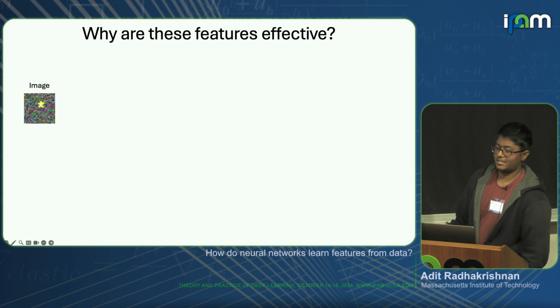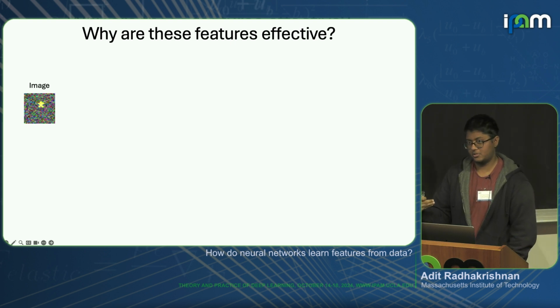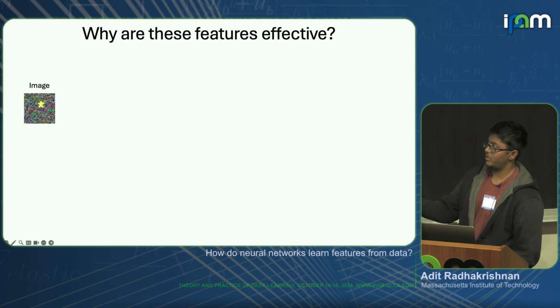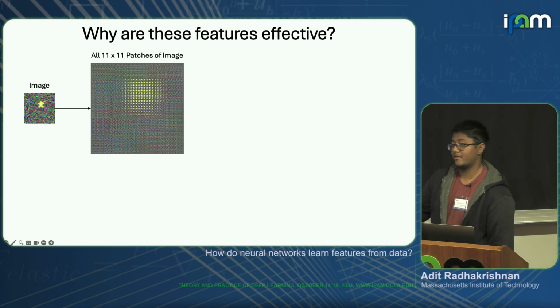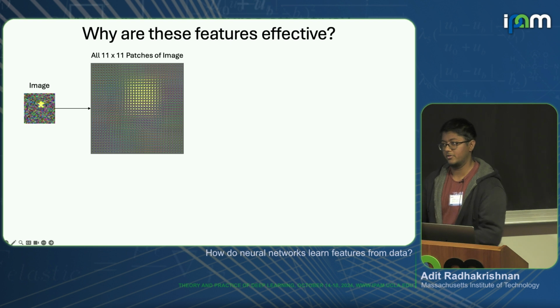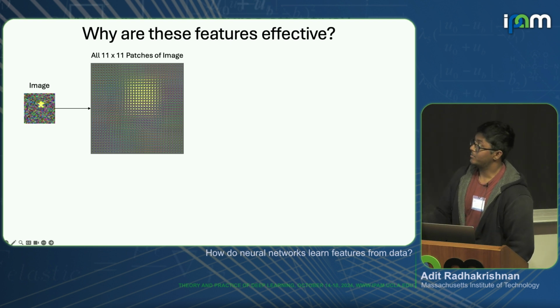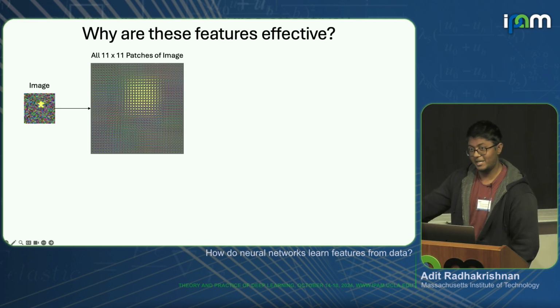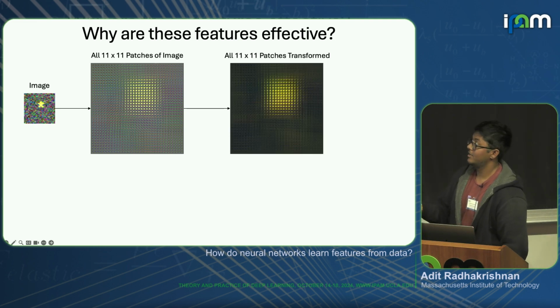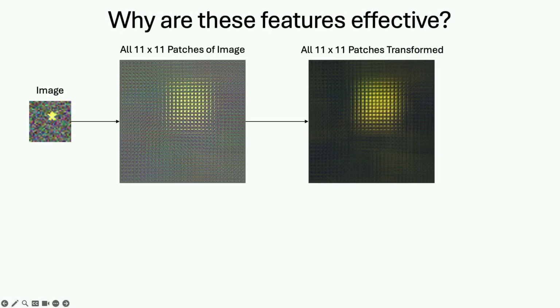So why is this happening? If I was to do the exact visualization of how this matrix transforms the features, what I'm doing here is I take an image, I'm chunking it into all 11 by 11 patches, and I've stitched them all together for you here. I'm taking each patch, multiplying it by this matrix that's looking for the color yellow. This just immediately kills all the noise, amplifies the color yellow. And when I fold this back down, you'll see that you've just killed off all the noise in your image and then highlighted the star.